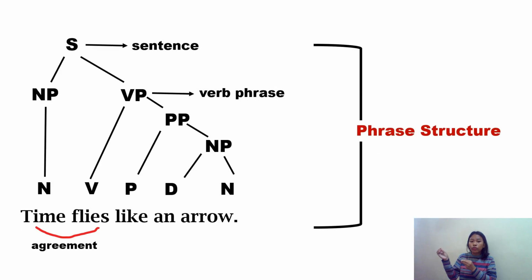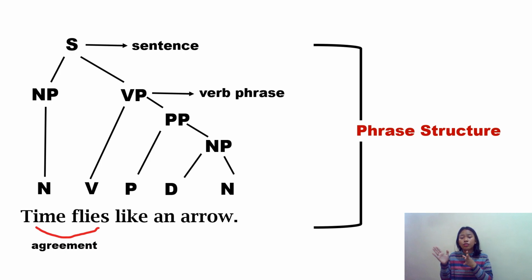If we are going to use the phrase structure analysis, this approach uses tree diagrams to show the hierarchical relationships between the words and the phrases in the sentence, as you can see here. The illustration from the book doesn't show the tree diagram for the second clause, but it implies that the analysis would depend on the interpretation of the word flies, okay? As we use the phrase structure,